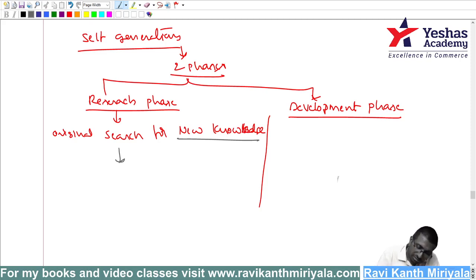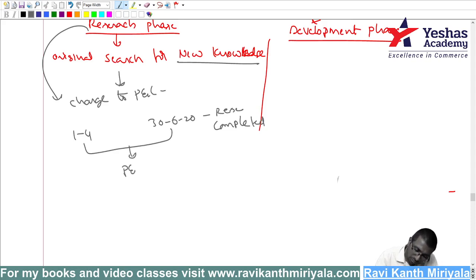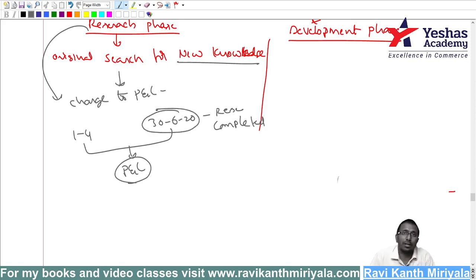Got it? That's why research expenses, research expenditure, what are we supposed to do? You are supposed to charge to P&L till the end of the research phase. Let us say, sir, on 30/6/2020, research completed. From 1/4 to 30/6, whatever you have spent also is supposed to be charged. Because till this date you don't know whether it will happen or not. Yes, you got to know subsequently, but doesn't matter. Standard is clear? If it is research expenditure, close it. Charge to P&L because we cannot ensure probable.